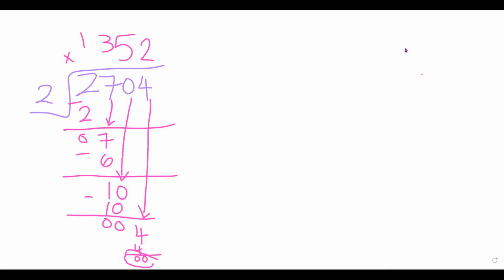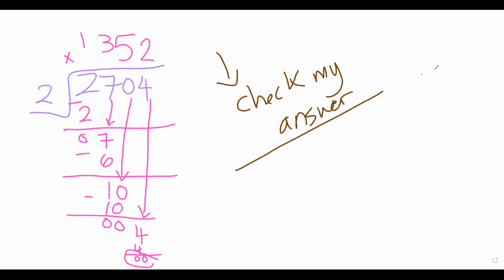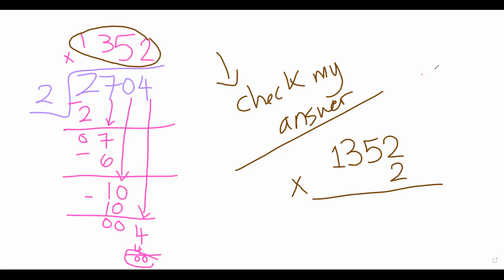And if I want to check my answer, how can I check it? What is the opposite of division? Multiplication. Thank you. So to check my answer, what am I supposed to do? I multiply the quotient, which is 1,352, times what? Times 2. Thank you. Then 2 times 2, 4. 2 times 5, 10. 2 times 3, 6, plus 1, 7. And 2 times 1,